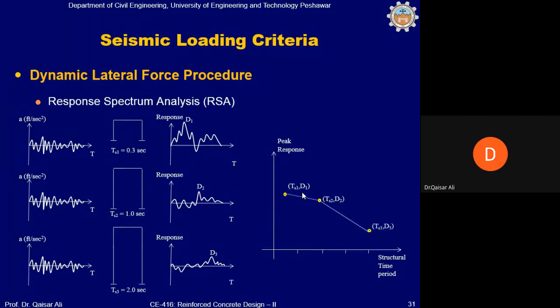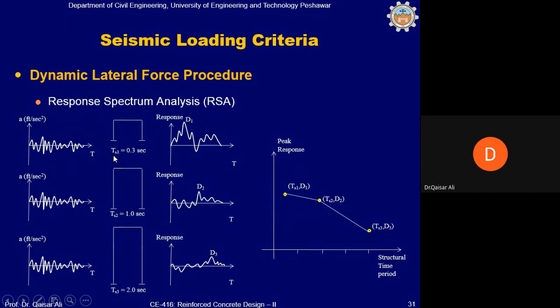You can see that with the increase in time period, the peak displacement decreases, and the reason for this is that most of these records which we use in the time history analysis are obtained in the near field region. So they have a frequency component which matches with the low rise structures, thereby causing resonance in the structure and giving us more displacement. So for this reason, when the time period is low, the response will be more,